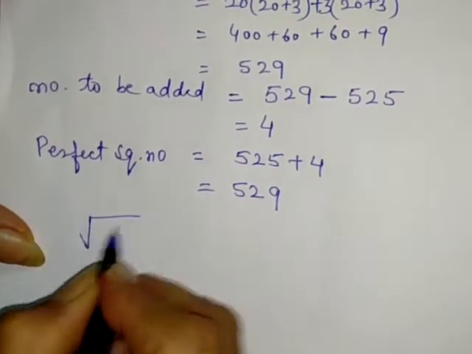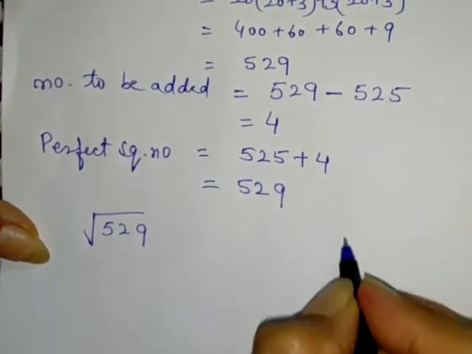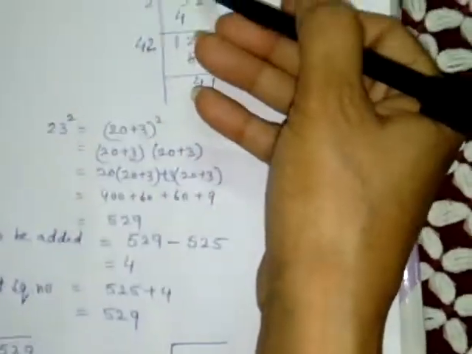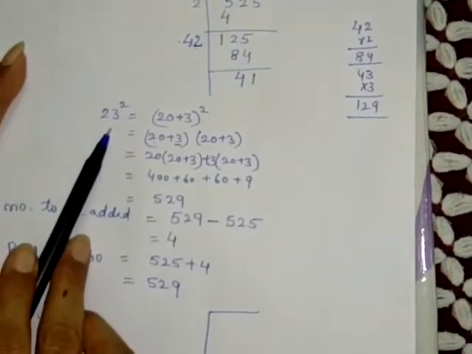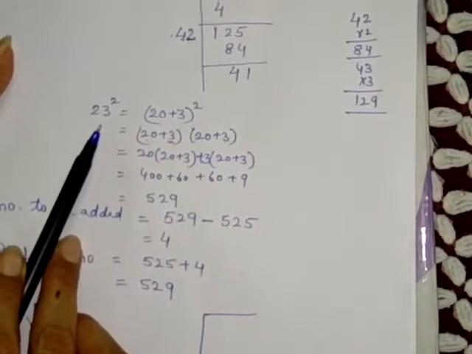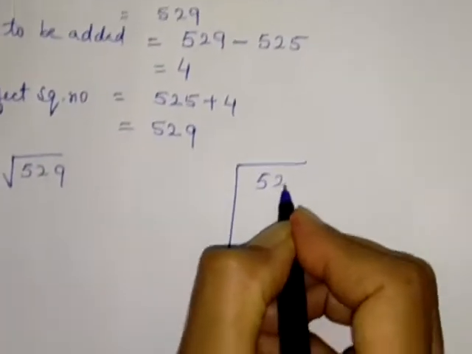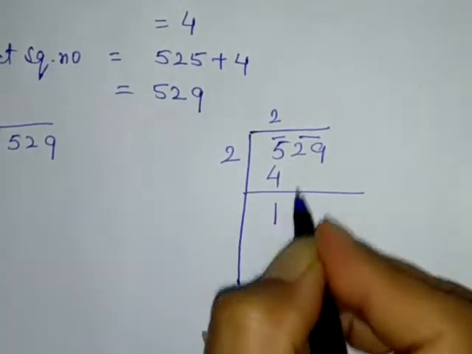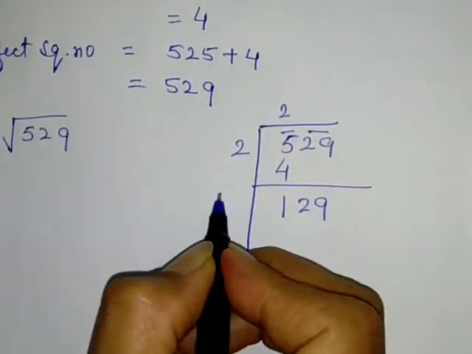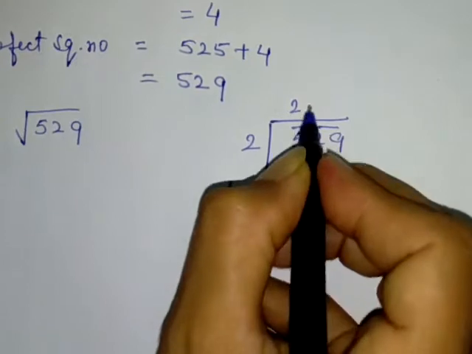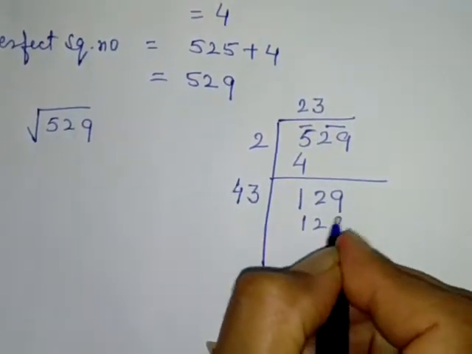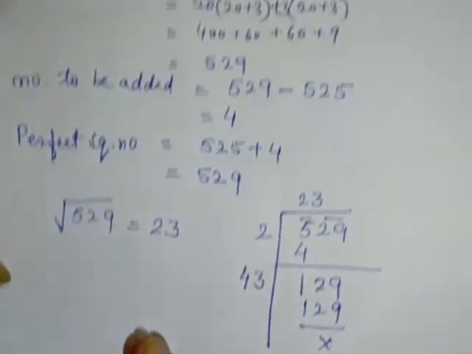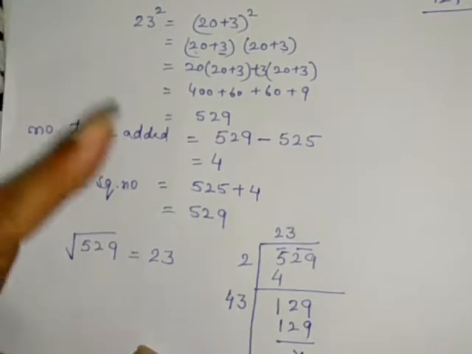So find out the square root of 529. Students, you have to just repeat this part. Here it was 22. Now you know that 529 is the perfect square of 23, so the square root must come as 23 only. You can do it now. 2 twos are 4, 1 remainder. Next pair 29. Here it will be 4 and multiply by 3 directly. You can check, it will come this only. So its square root is equal to 23. So this was one of the methods of finding the least number which must be added.